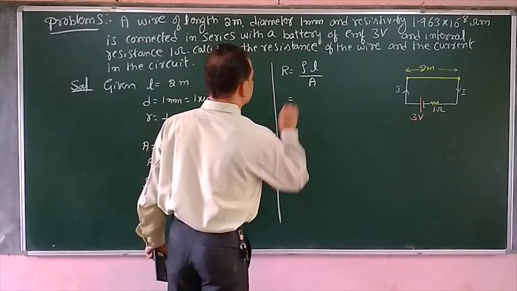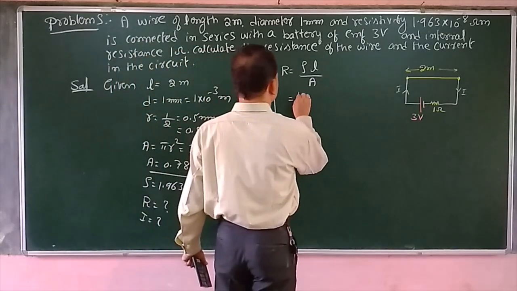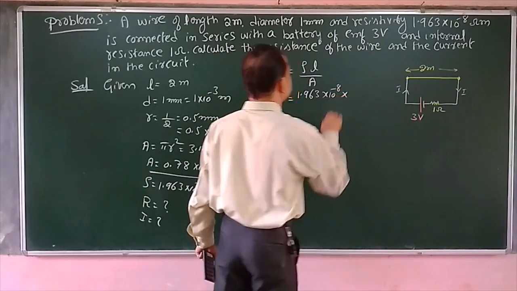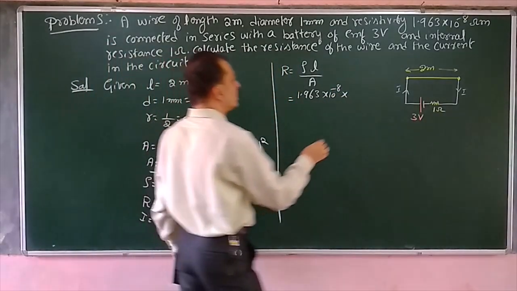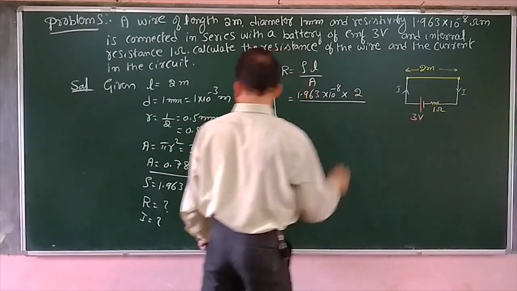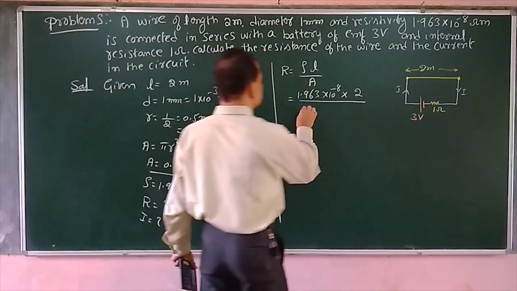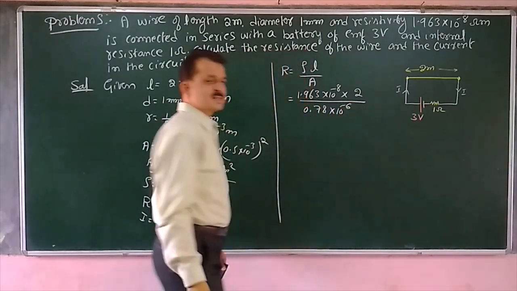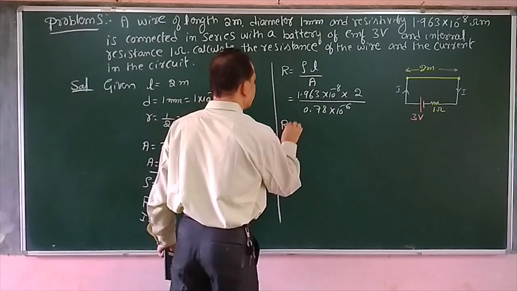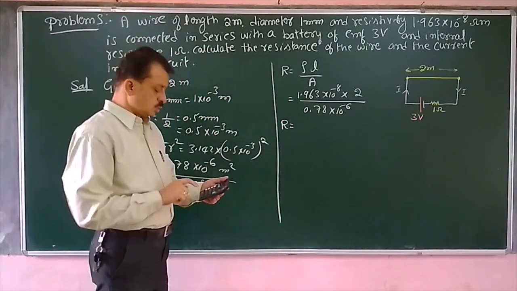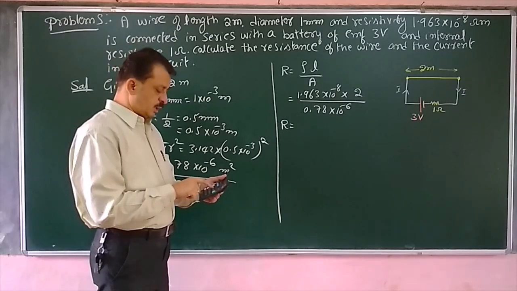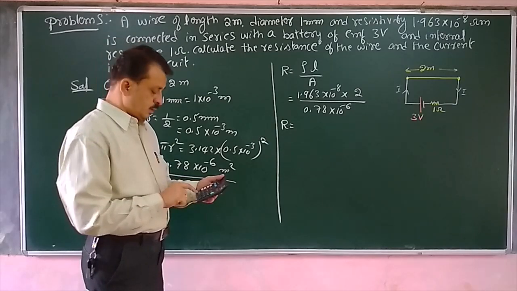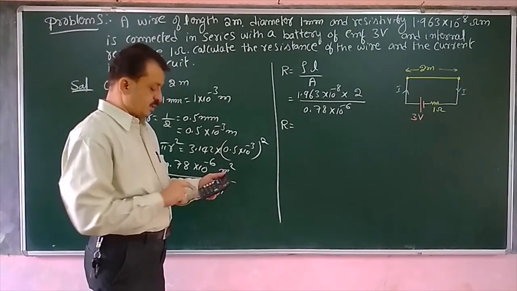Now substituting all the values. Now rho is 1.963 into 10 to the power of minus 8 into length is 2 meter, that is 2, divided by area. Just we have worked it out. So 0.78 into 10 to the power of minus 6. So just simplifying that one, we will get 1.963 into 2 divided by 0.78,